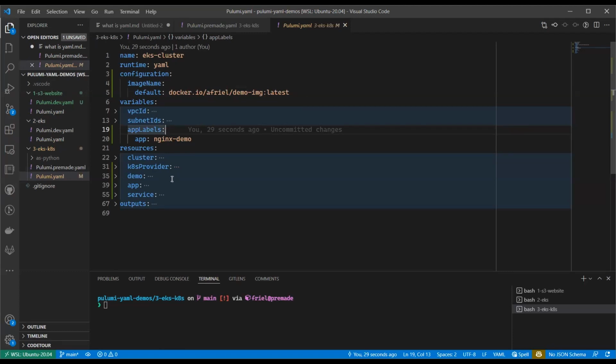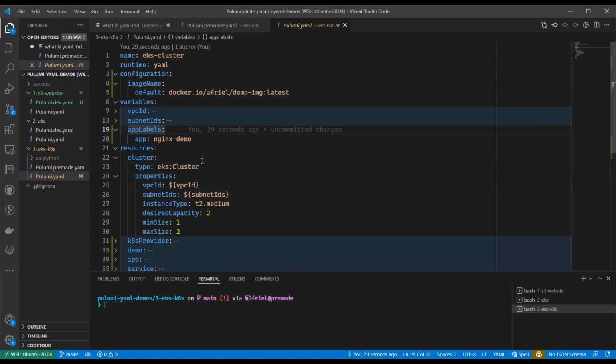And that's just to avoid some repetition later on in the document. For folks who are familiar with Kubernetes, you often have to provide this labels property in multiple places. This just simplifies that.